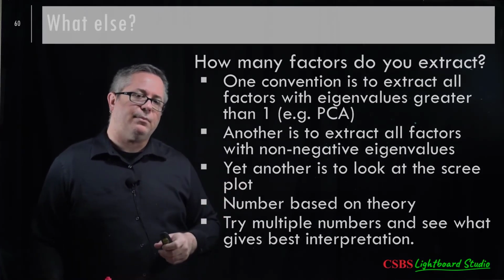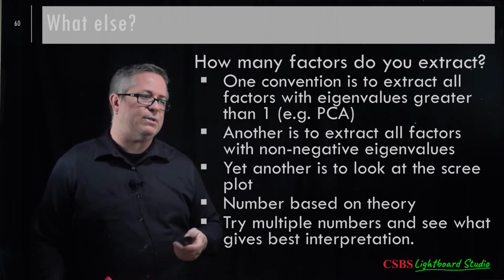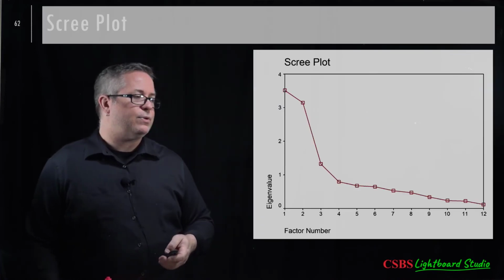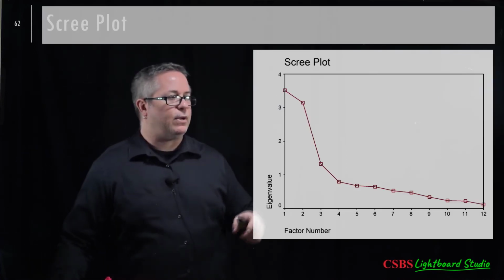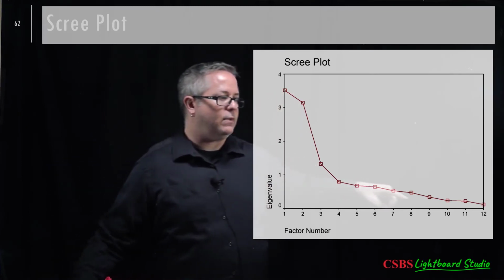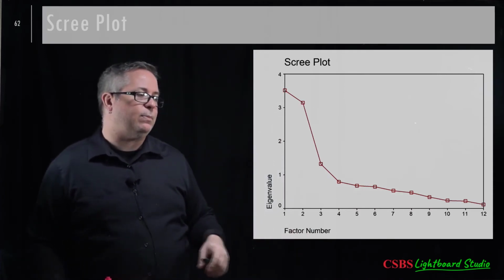Another thing that gets put out there all the time in textbooks is to look at the Scree plot, and I mentioned that in lab. There's another sort of super confusing use of things. You're supposed to separate out what are the real factors here from the sort of noise that's cycling down through the leftover variance. It's called a Scree plot because